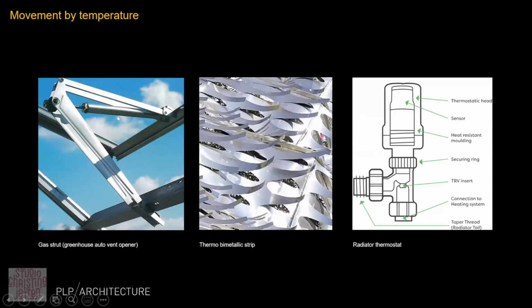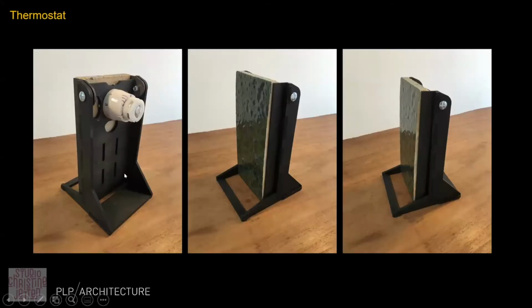There are gas struts which open the vents in greenhouses. There are thermobimetallic strips which could somehow help us move things if there's enough strength behind them. And then perhaps simply a radiator thermostat, which has a thermostatic valve within it, which might help us. This is a very early mock-up we made of a tile, which we put a radiator valve behind. As we heated this up with a hairdryer, it actually starts to open up, which is quite fascinating,